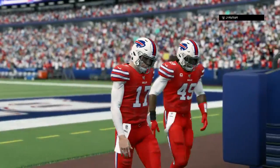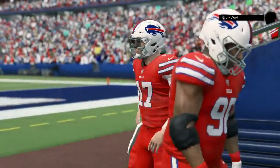So for Oakland, it was a hard-fought game, and they'll exit 1-0 as they win